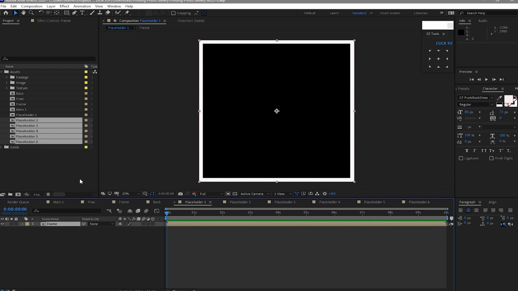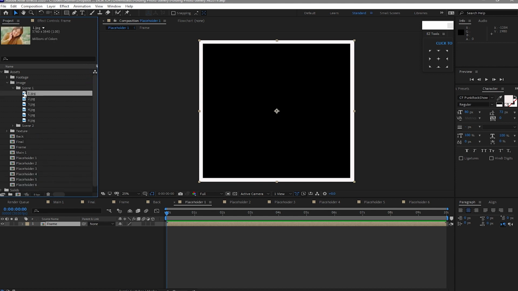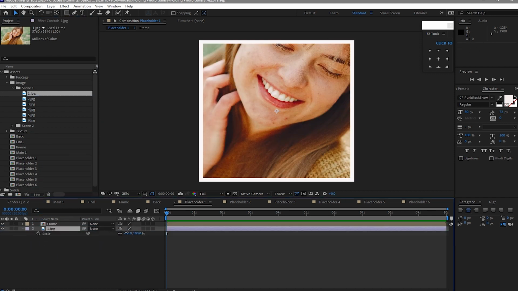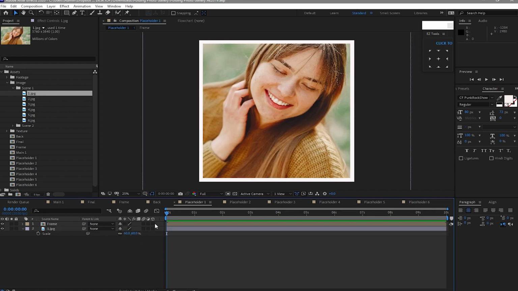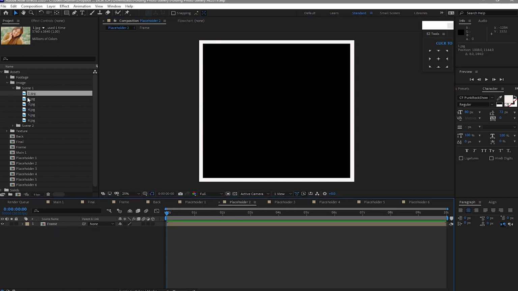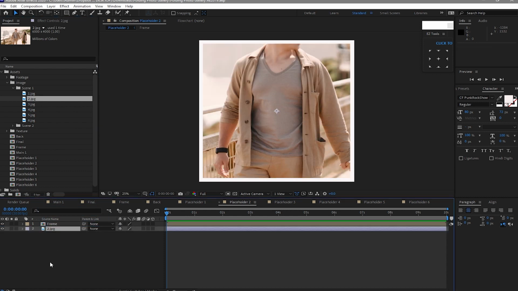I will first go to the Placeholder 1 and drop down the image. I'm using this photo 1 because we are making scene one first. Drop it down, scale it down to about 60%, drag it down until you are satisfied with its position, and then open Placeholder 2, drop down the photo,